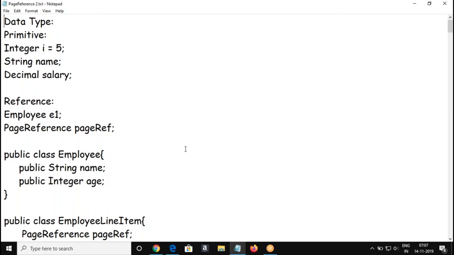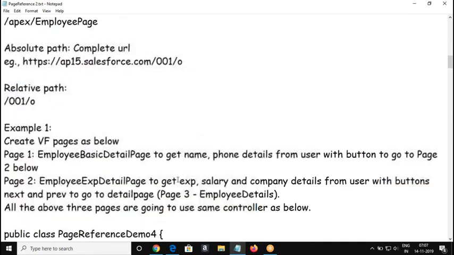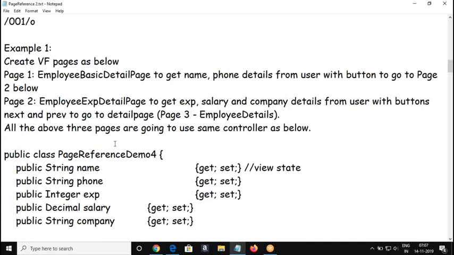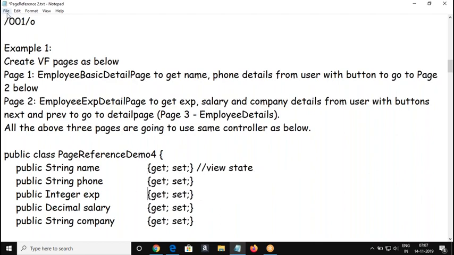So hope you have noticed it. I uploaded the detailed notes for page reference. Okay, so it's a detailed notes: how to pass, how to navigate from one page to another page. We already seen using the page reference class. And how to pass a value from one Visual Force page to another Visual Force page